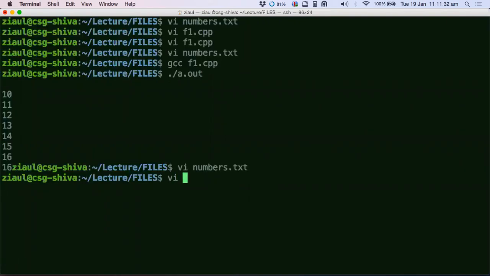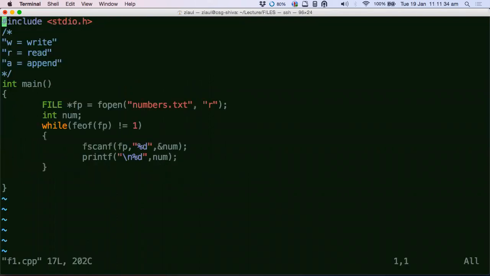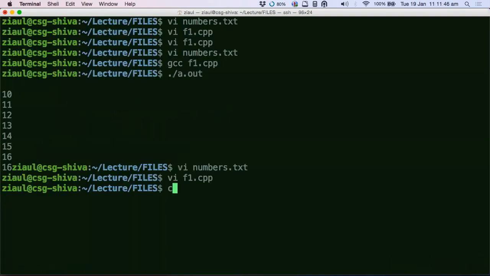Yeah, you are correct, fscanf. Good. So now just imagine the things that you can do with this concept, right? Now let's do one very small example, and after that I will end this lecture. I don't want to stretch it today.